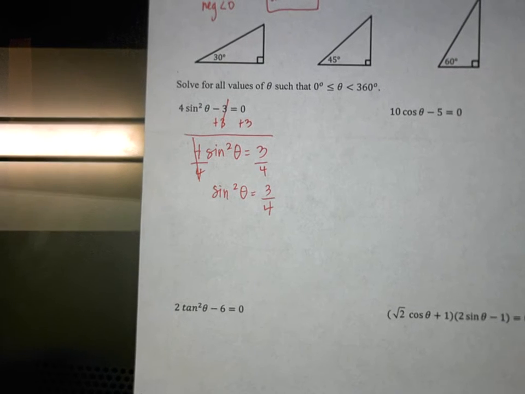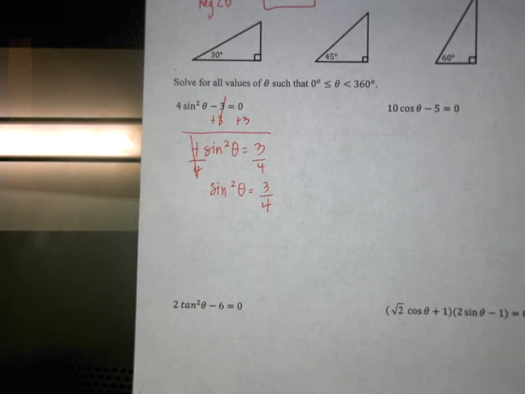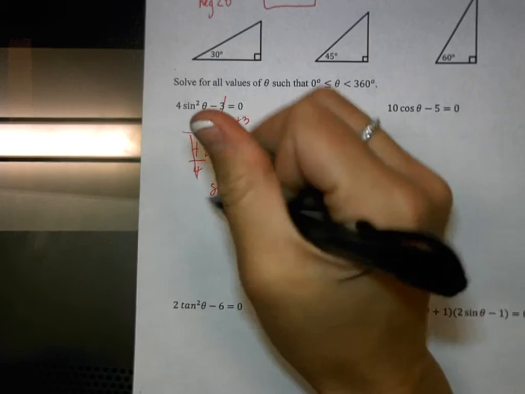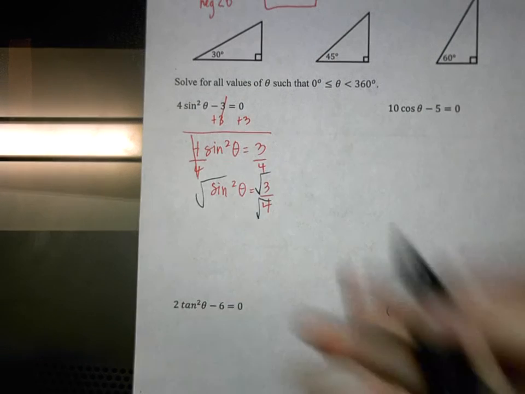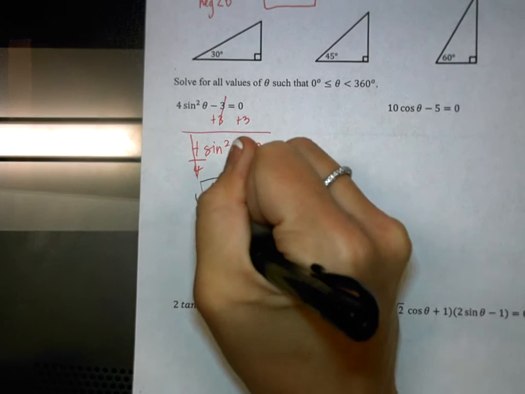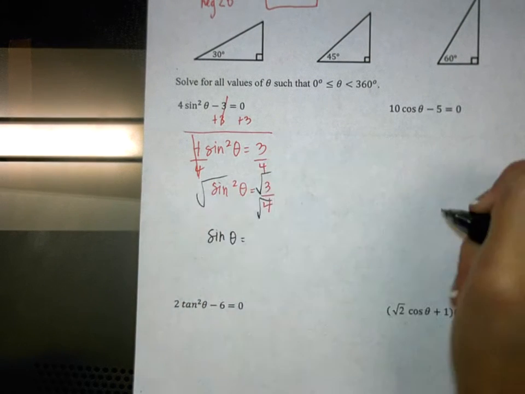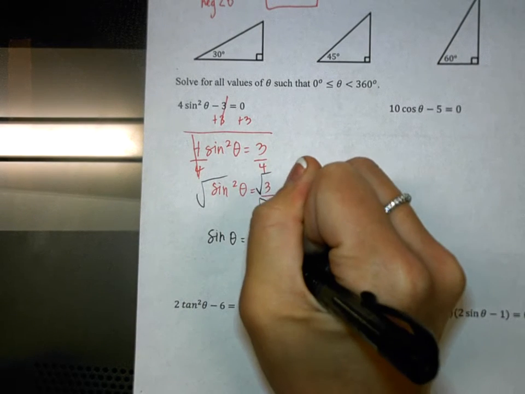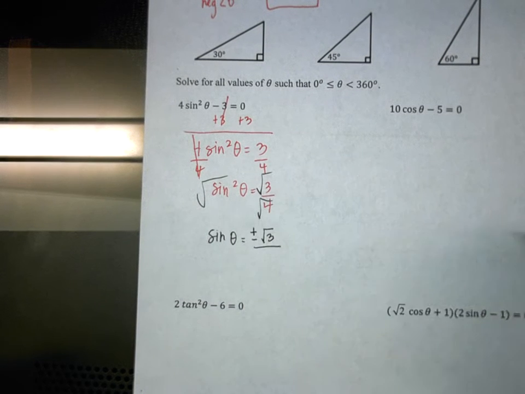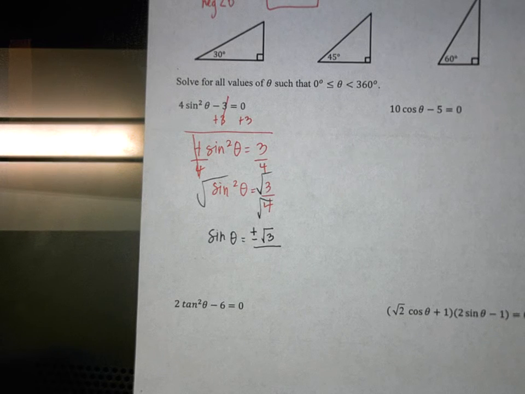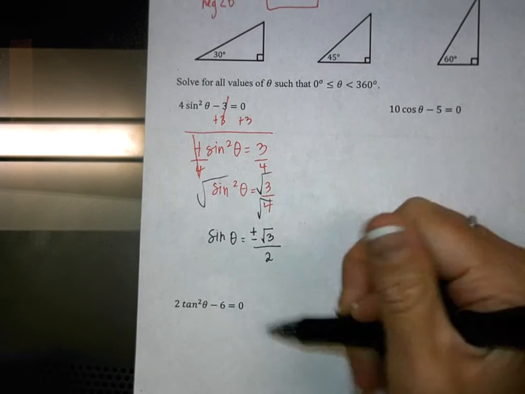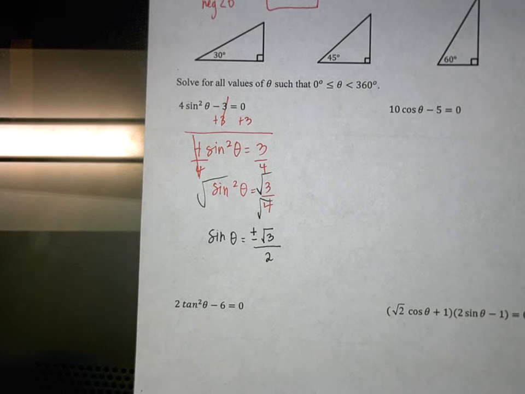Okay, because I have sine squared, what am I going to do? Good, I'm going to take the square root of both sides. So, I'm just going to write this as a square root of everything. So this ends up being that sine of theta equals plus or minus root 3 over, what's the square root of 4? Square root 2. And we don't need to have plus or minus on both the top and the bottom. We're just saying this number will be plus or minus because I took the square root. Okay,